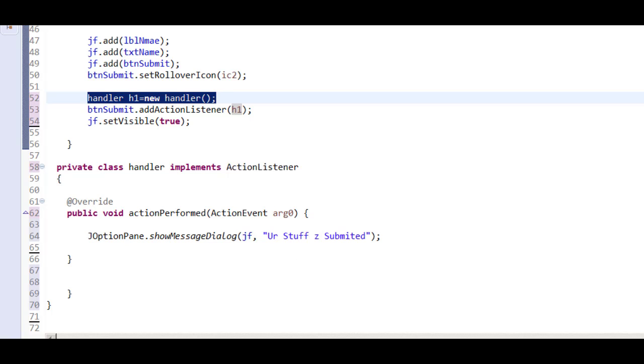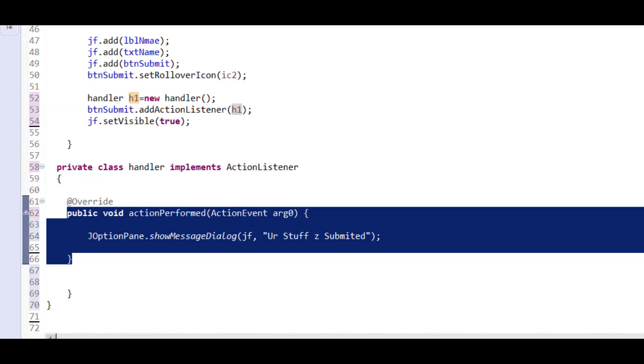Here I have h1, which is the object of the handler class, and that means if the button is clicked, it will land at h1, and here is the actionPerformed. The only thing you need is actionPerformed of the ActionListener, which will be called when the button, the one registered to this action listener, has been clicked. So this button is clicked, it will land here, which says, hey,